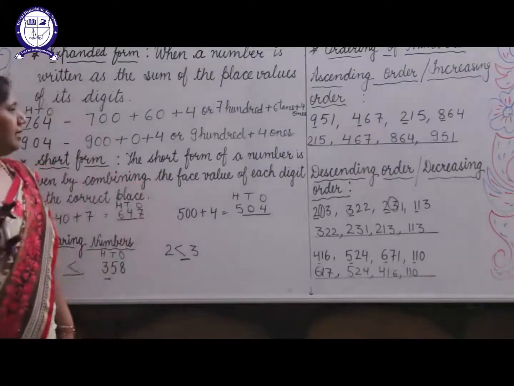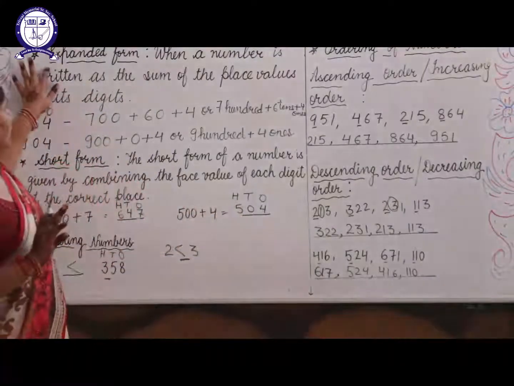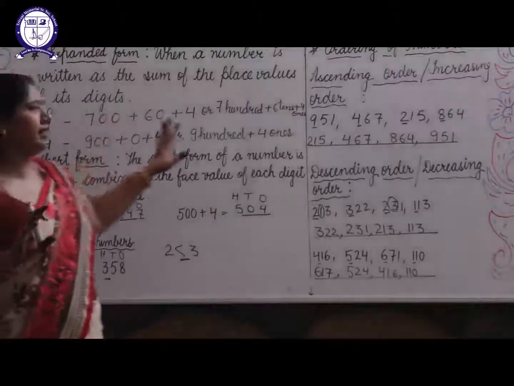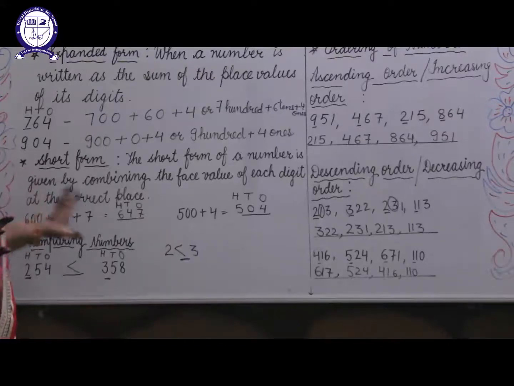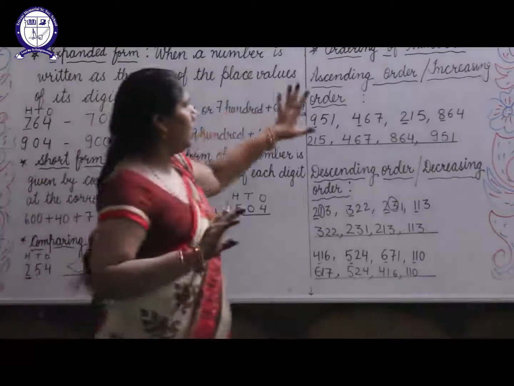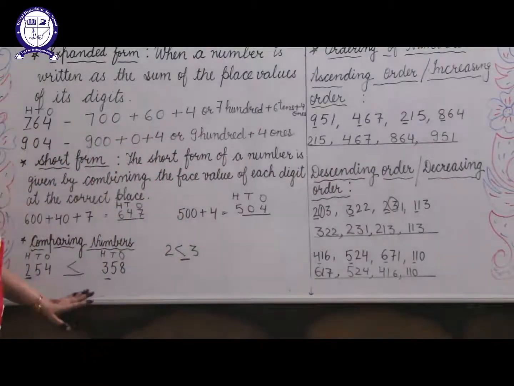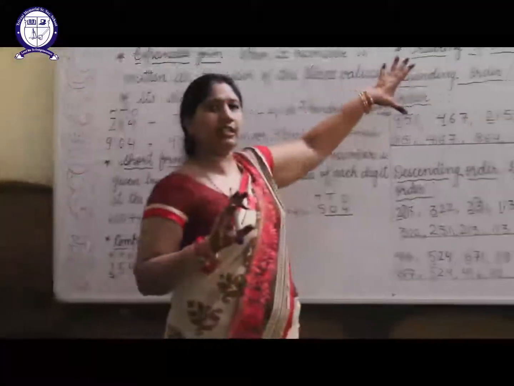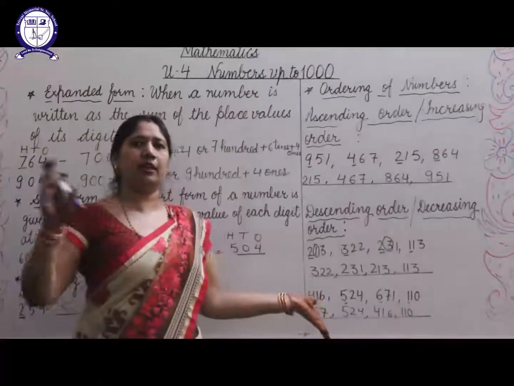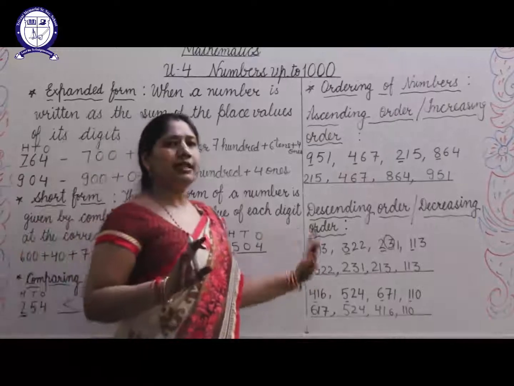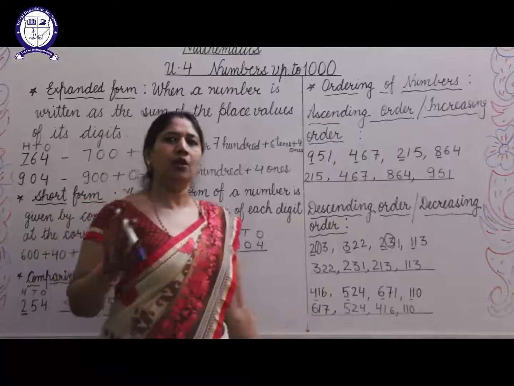So students, let's take a revision of these. Expanded form is when we write down the sum of their place values. Short form is when we combine the face values. And for ordering numbers, firstly we have to compare the numbers, then we arrange them in ascending order. Ascending order means from smallest number to the greatest number, and descending order means from greatest number to the smallest number. Okay students,